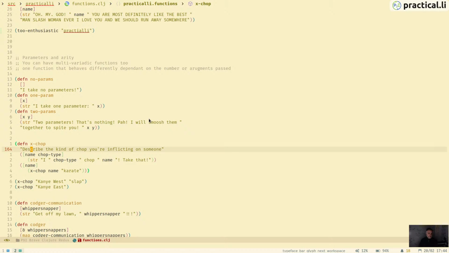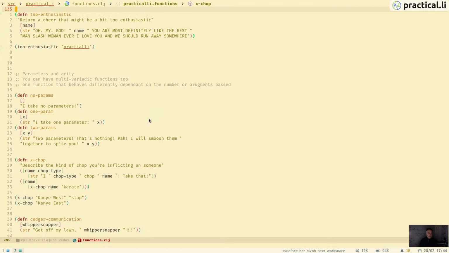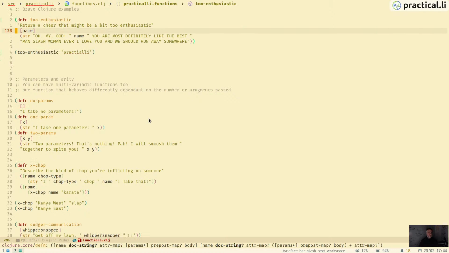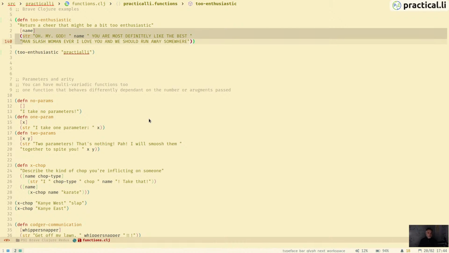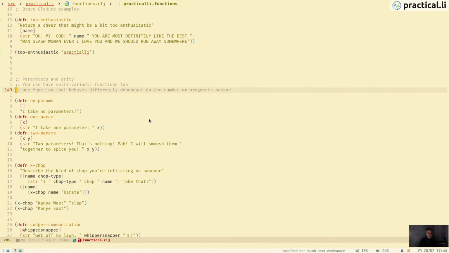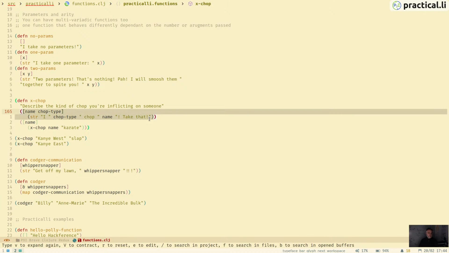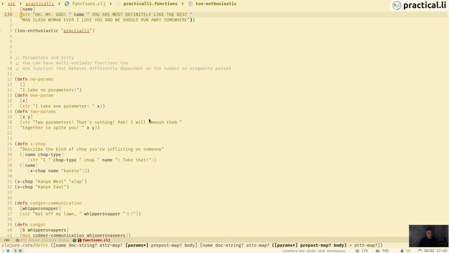So the main difference is when we're defining functions with more than one possible arity, we do have to wrap it. So in this toEnthusiastic, we've got the docstring, and then we've just got the arity definition as a single vector. But when we're including two different branches essentially of code,